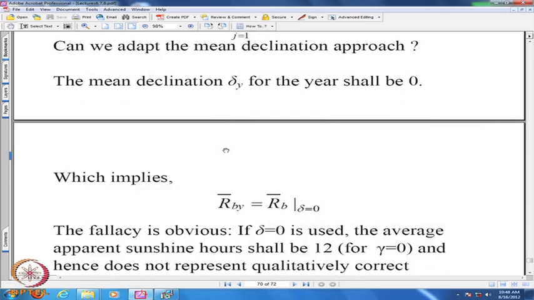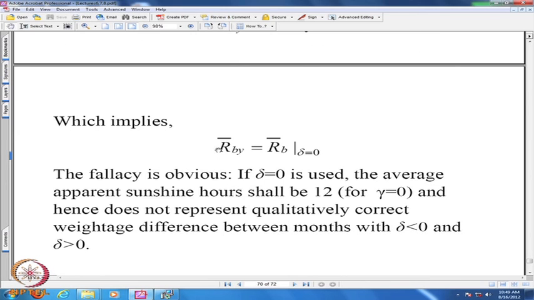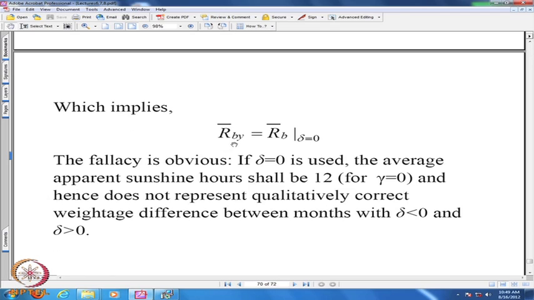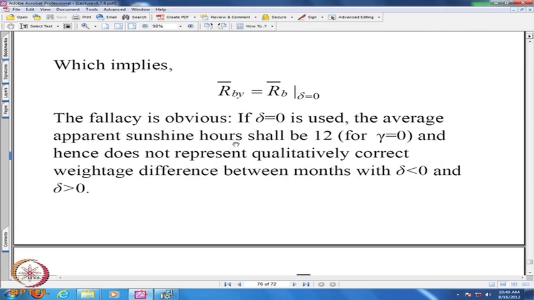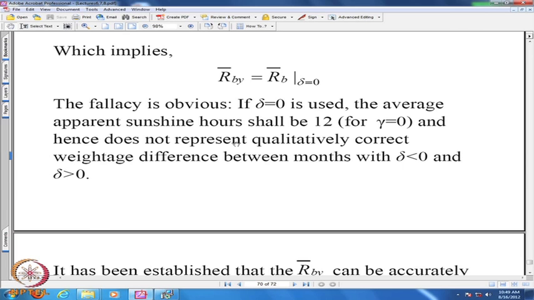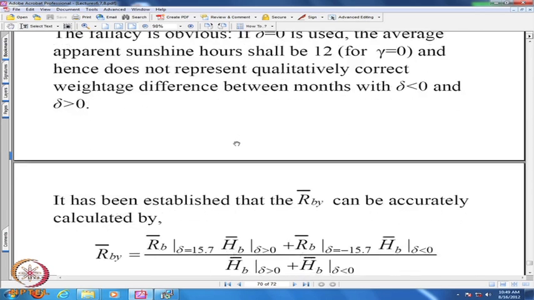So, if I take delta equal to 0, my total number of sunshine hours will be 12 into 365, because every day we will be having 12 hours, and if we put delta equal to 0, it becomes independent of phi, independent of phi minus beta. Consequently, I am very likely to get an incompatible value, if not a wrong value. Then the suggestion